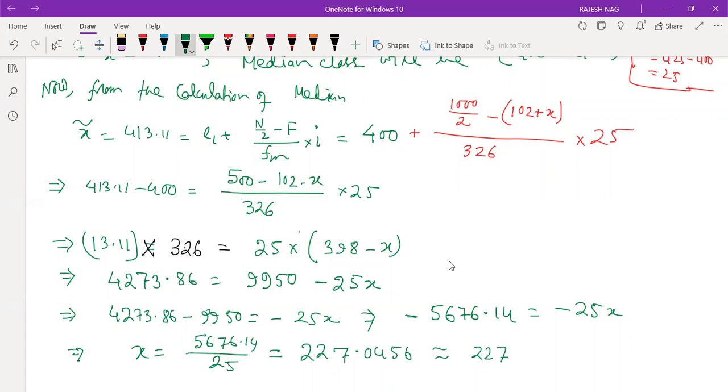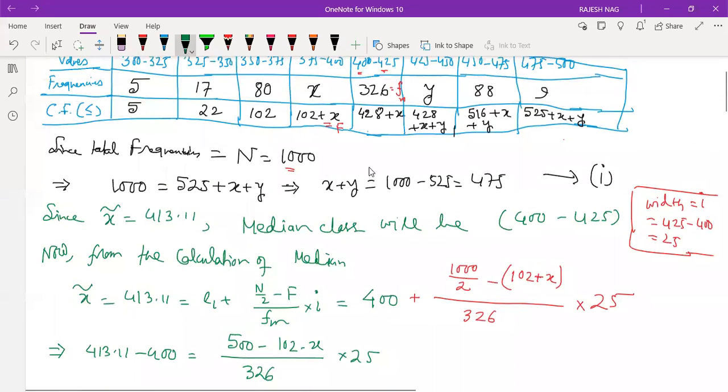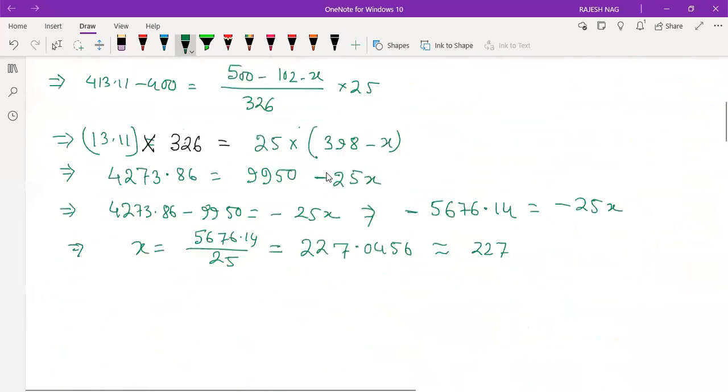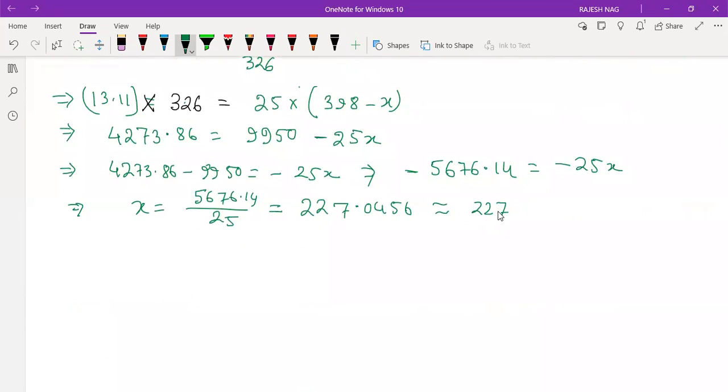Remember, frequency is always an integer, so you have to convert it to the nearest integer by rounding. Again, not always is this rounding necessary. In this case, we know x is a frequency, so we have to convert it to the integer value. Frequency cannot be anything other than an integer. So rounding to the integer value,